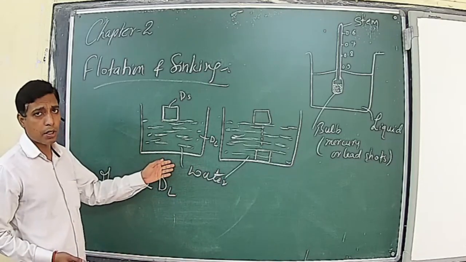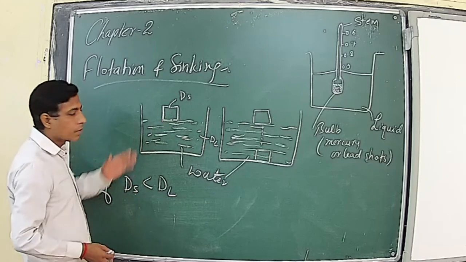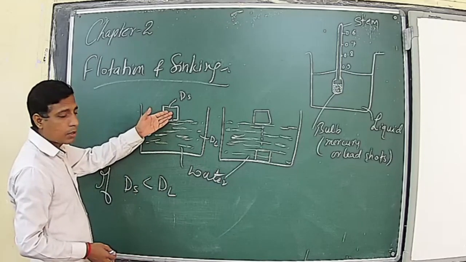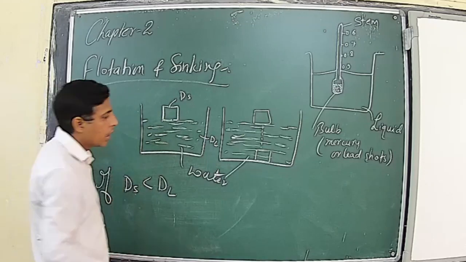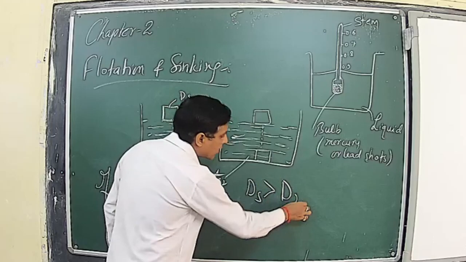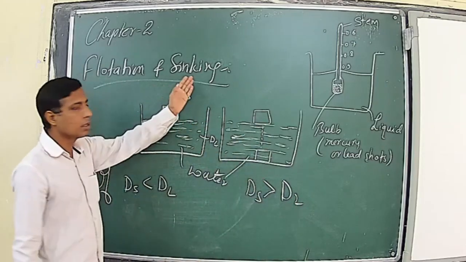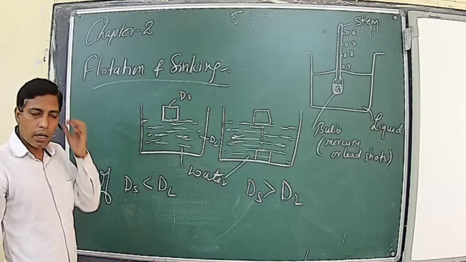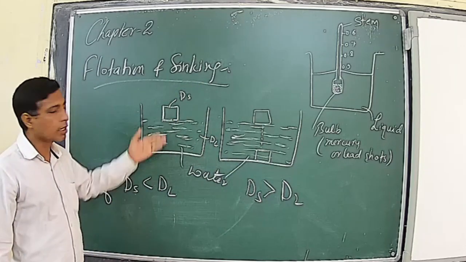here we have taken water, it can be any type of liquid, then it will float. If the density of the substance which we have submerged in a liquid is less than the density of the liquid, then it will float. Or if the density of the substance is greater than the density of the liquid, then it will sink. So this is the condition of flotation or sinking, which we can judge on the basis of knowing the density of the solid and liquid.